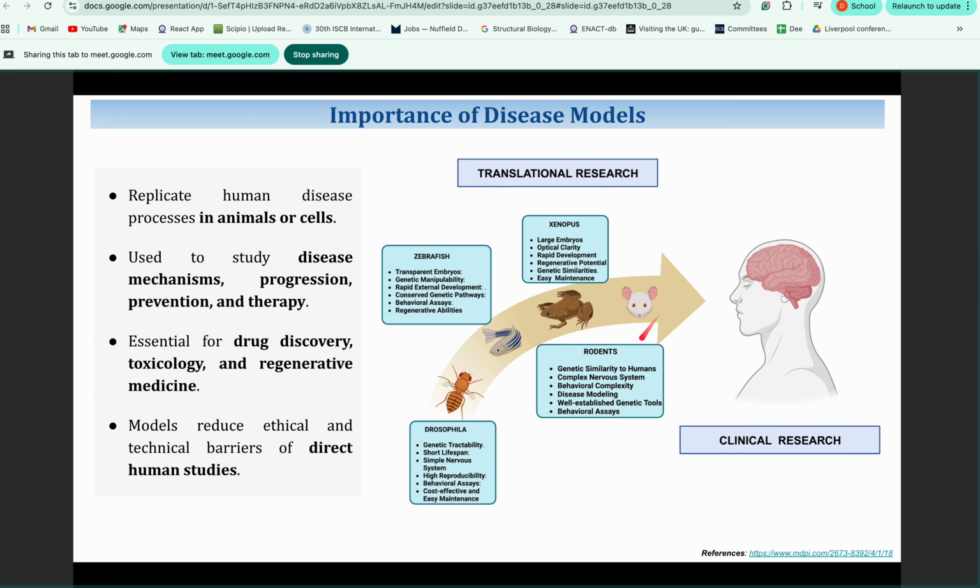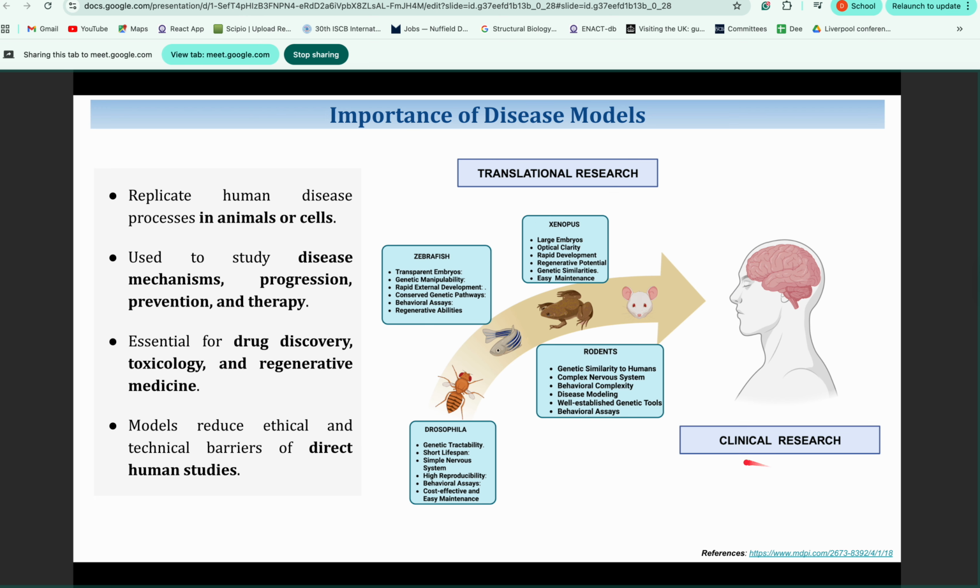Then come rodents: genetic similarity to humans, complex nervous system, behavioral complexity, disease modeling, and well established genetic tools with which we can study them. Behavioral assays can be done. Behavioral assays means that we are observing how the behavior changes under the influence of certain chemicals, genetic modifications and perturbations. All those things can be done